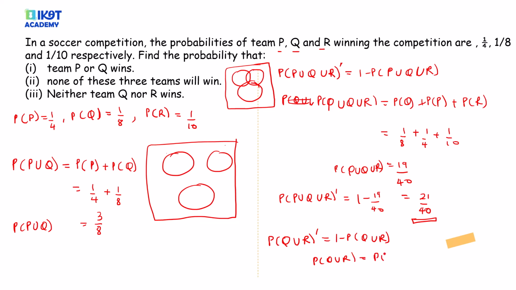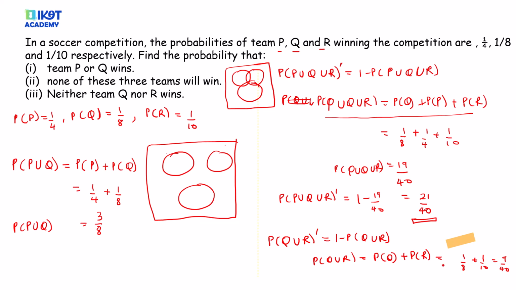Since these are mutually exclusive, this would actually be very wrong if you're dealing with a normal three-state Venn diagram question. You should actually watch the video on the three-state Venn diagram to have proper context, because it would be very wrong to do this if these were not mutually exclusive events. This would be P plus Q plus R, so 1 out of 8 plus 1 out of 10, and you get 9 out of 40.